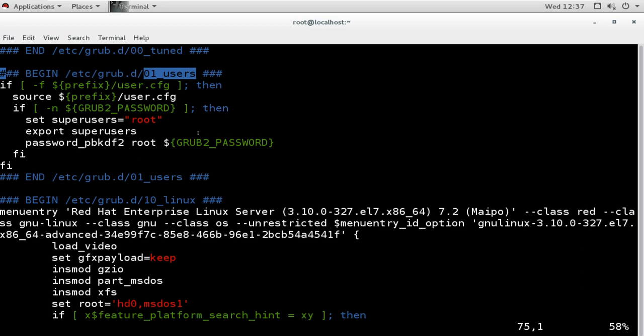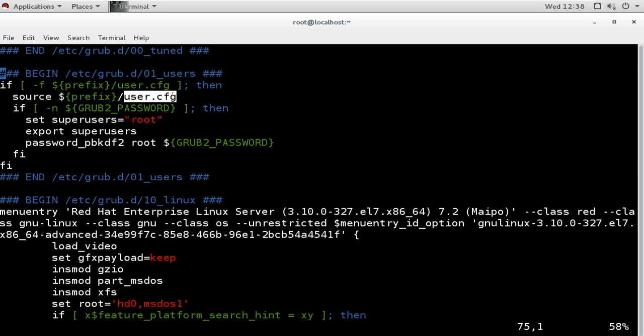So what it is adding here is this script, and what is this script saying? It is basically checking for the user.cfg file for the password. If this file exists, then source this file. That means if the file exists in the location. Where is the location? It is under the boot directory, under the grub directory. If the directory has this file, then it will use that file from here. By default the file is not there. The file will be created when we use the command. So when we use the command to assign the password, what will the command do?